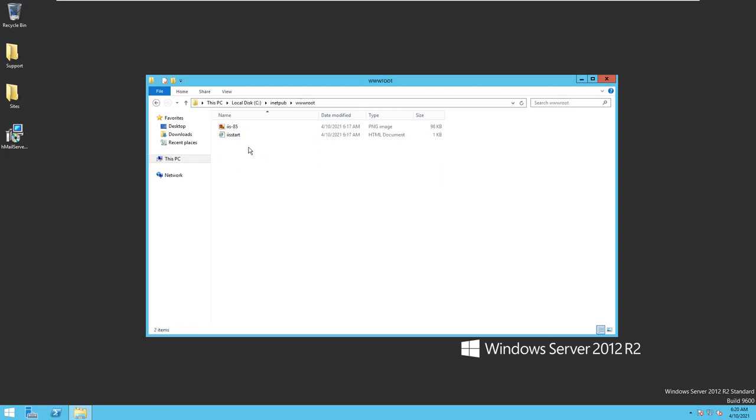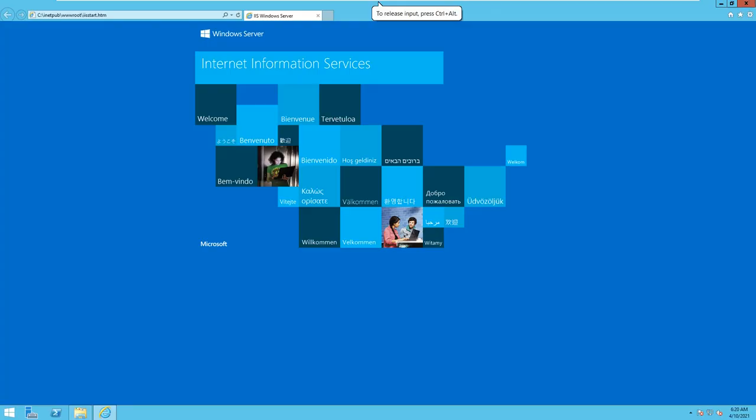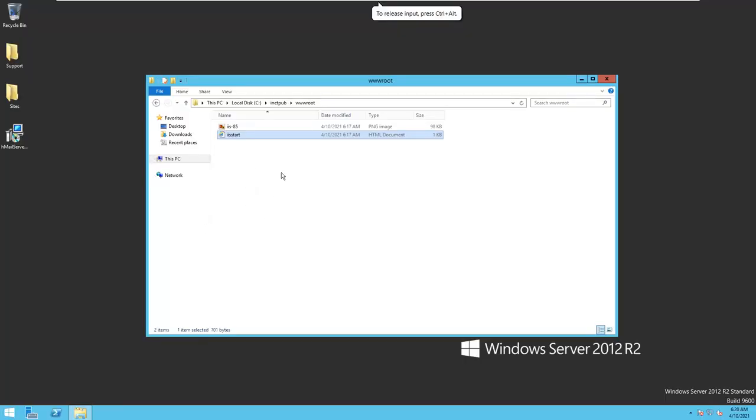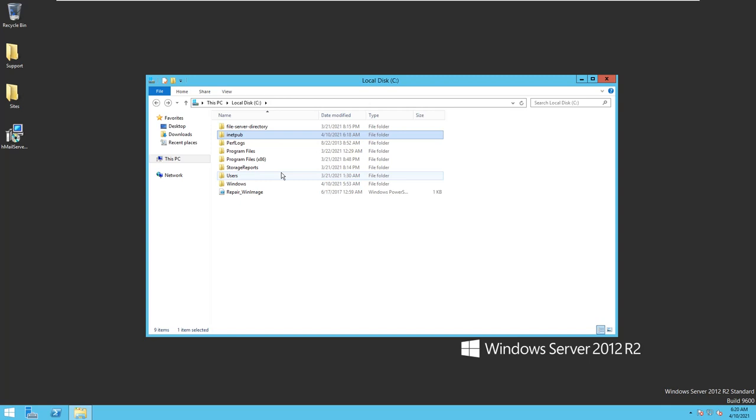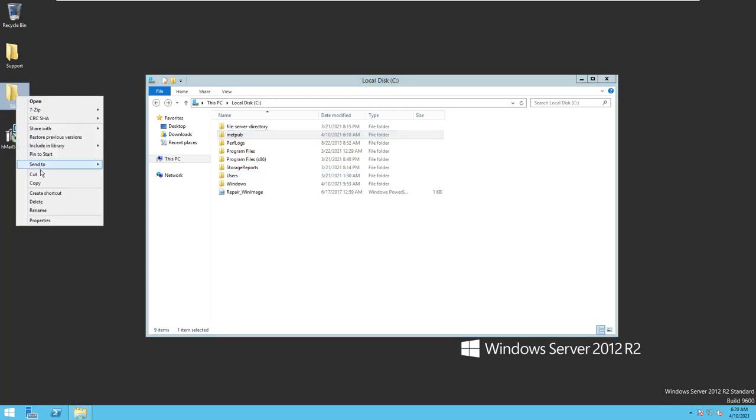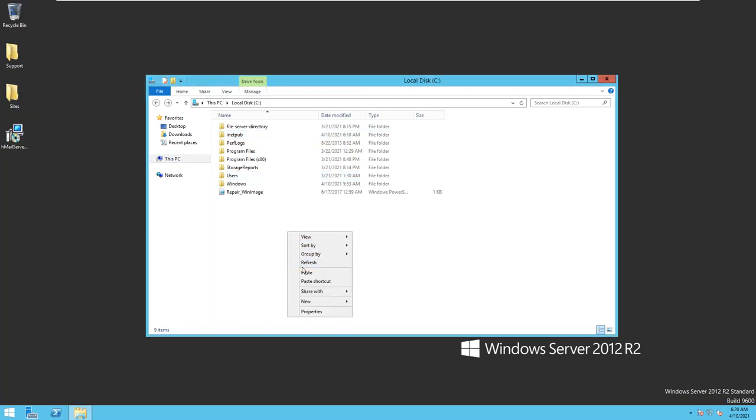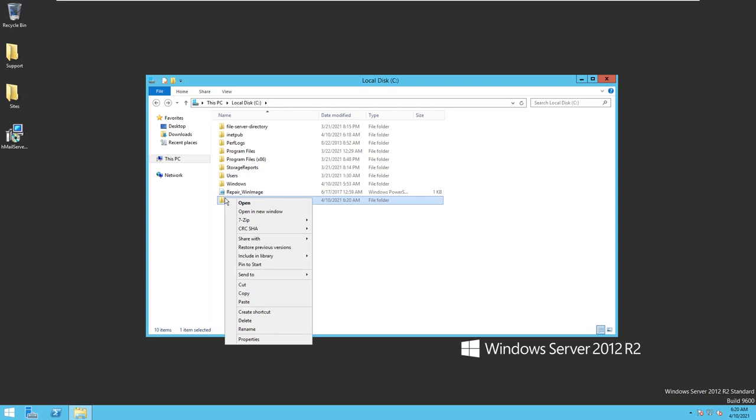Okay, so in this case you can see this is the local website which is already configured, or already set in the inetpub folder. But I want to host these two websites, so I will copy these websites and paste them in the C drive. Once I paste, I have to right click on that